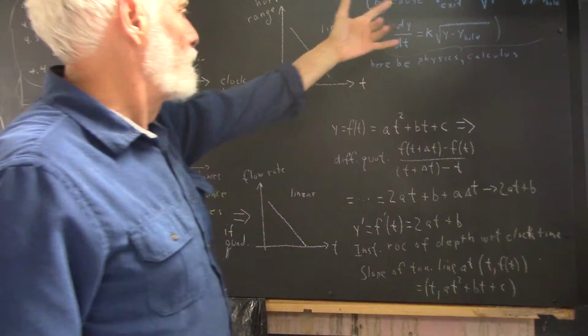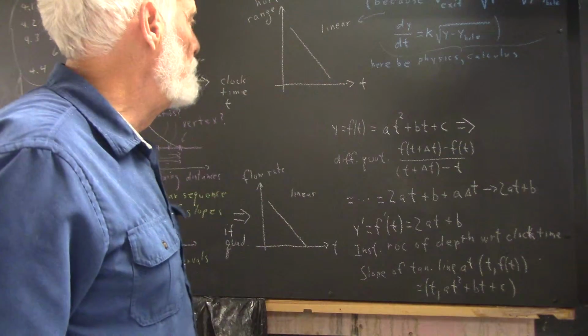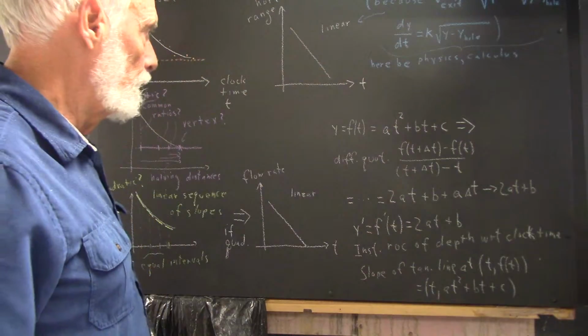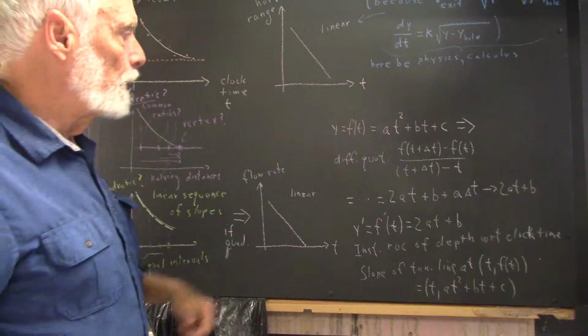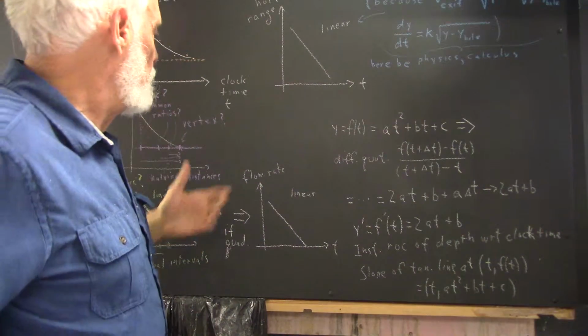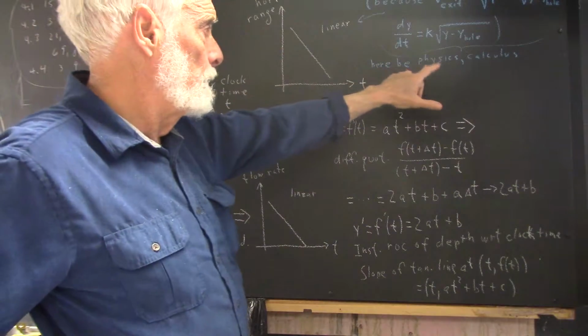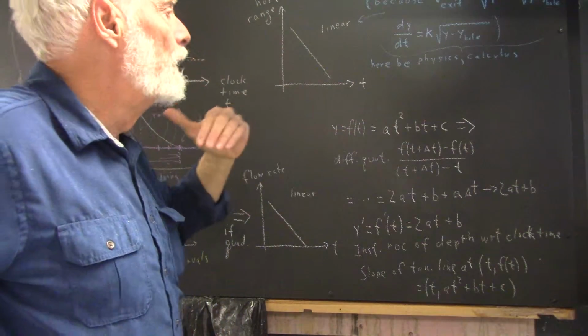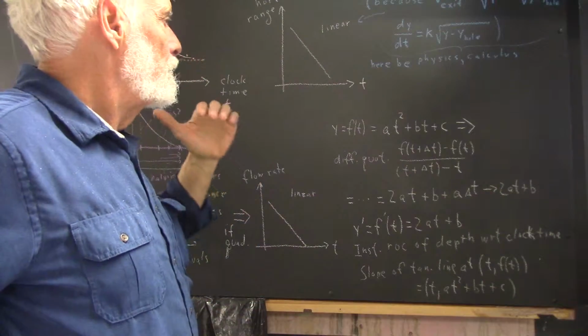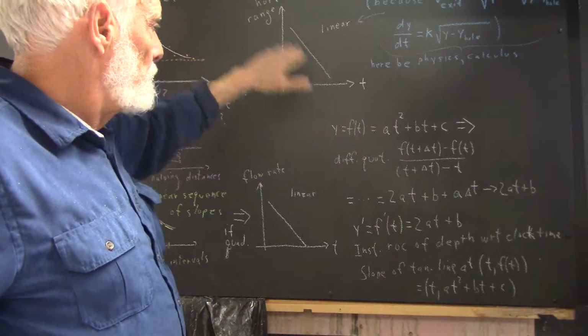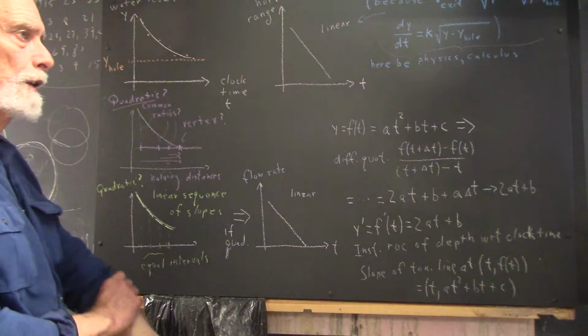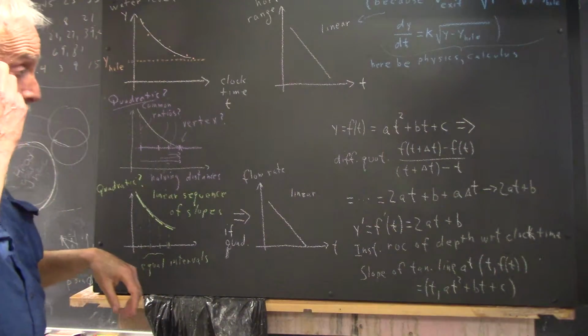There are reasons from physics and calculus that this should be linear, and I haven't delineated all of them. There's also the idea of the projectile behavior of the stream. We're not going to talk about that. We're not talking about physics, although this is a physics dictated situation. We're talking about the mathematical aspects of this system, okay? So,